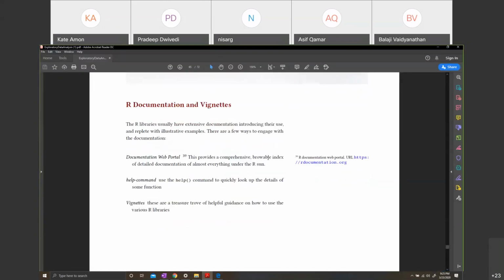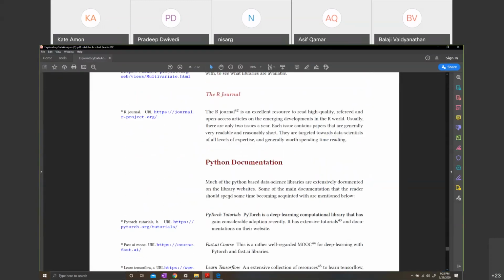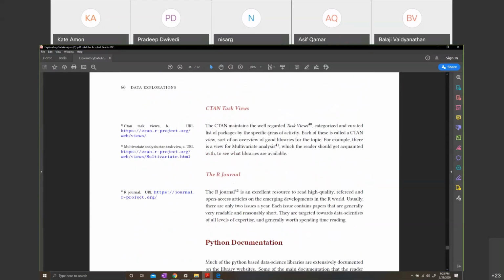So I've given the documentations here. Likewise, now there is a lovely journal. Okay, there are two more things. There is something called CRAN task views. If you want to say, hey, I want to do multivariate analysis, which is what we're doing, where do I go and look at it? What are the best libraries available there? So CRAN, which is a repository of all these libraries, they have spent some time curating the best of the libraries for each of the tasks. So you can just go there and pick what you need for each of the purposes. It is as simple as that.